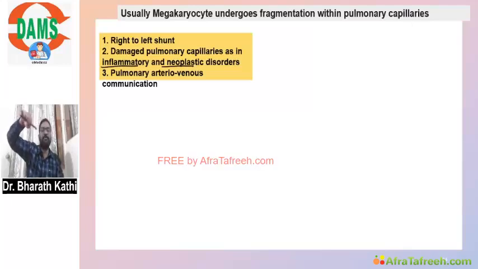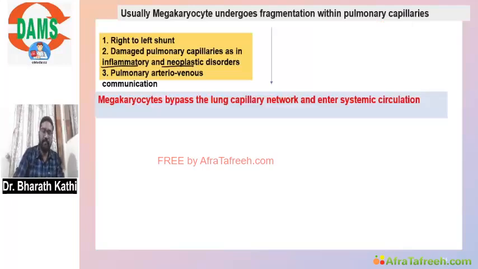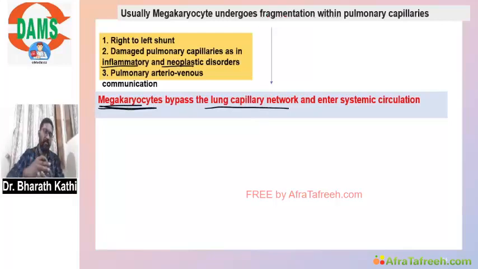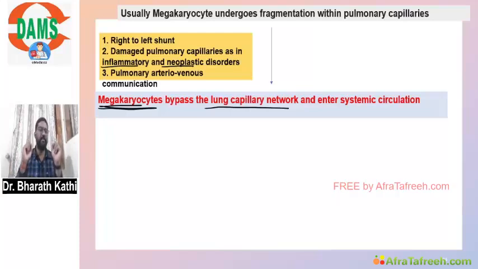Because of this, all these megakaryocytes go into the systemic circulation. They bypass the lung capillary network. If they come into the capillary network, they will be broken down and come out as platelets. That is normal. Because of these events, they bypass the lung capillary network and enter the systemic